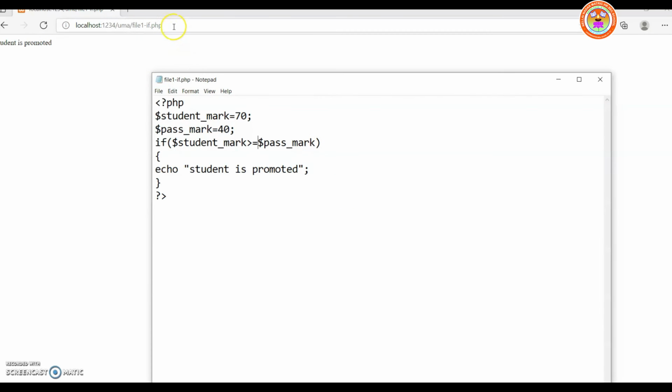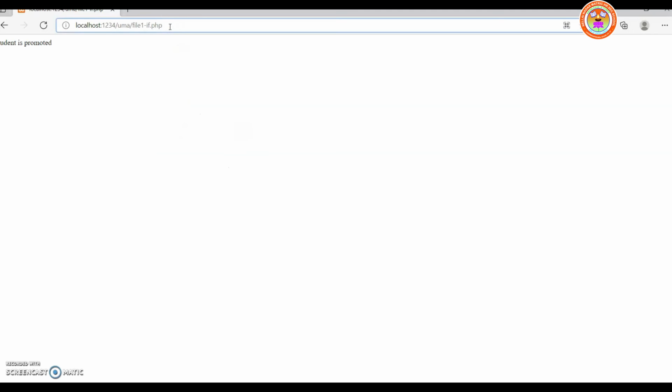Save the file. Go to localhost, refresh and see. Student is promoted. Able to see? Got the output? No? Okay. So next